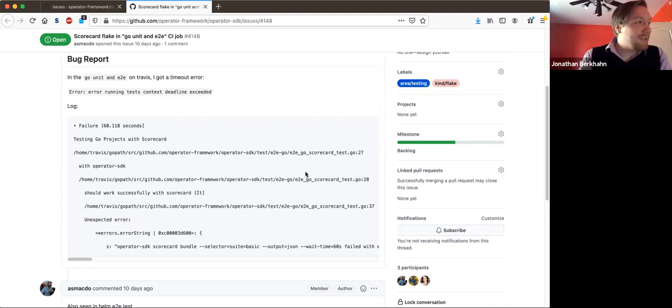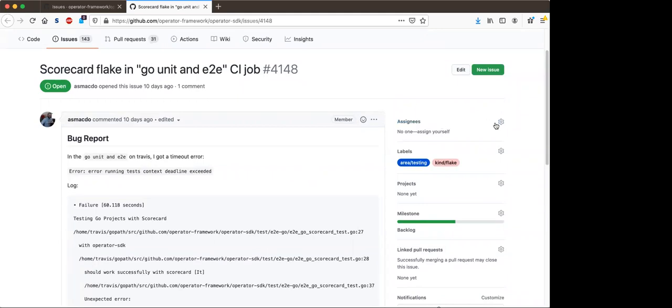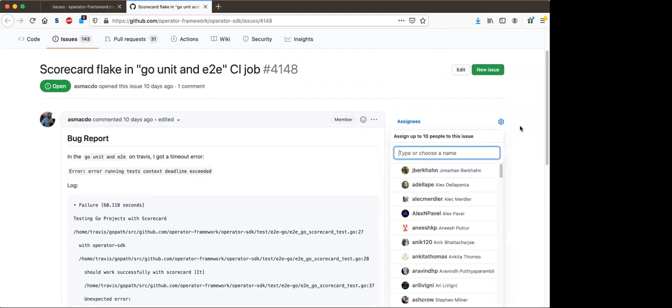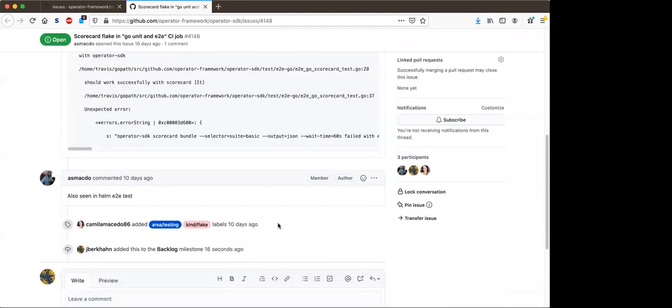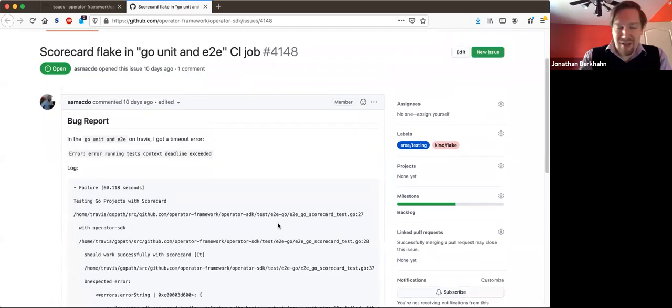I know we were explicitly trying to avoid backlogging issues with no one assigned to them. I guess that's fine. We can close it and reopen. I think the issue is just if we stick it in the backlog and nobody's assigned to it, we're just going to forget about it.